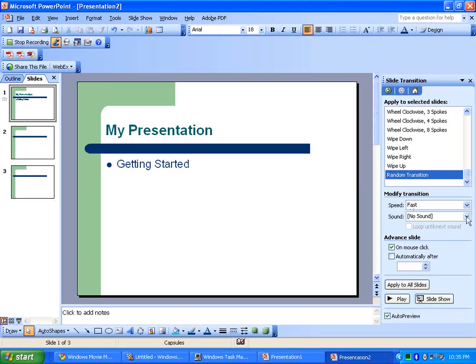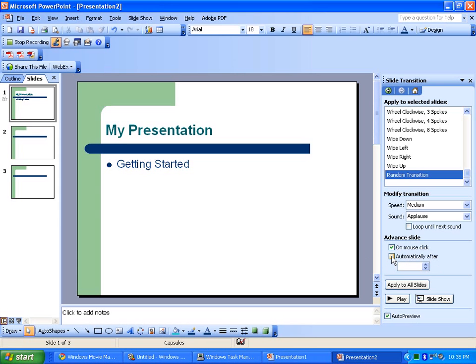If you wanted to add sound, you would be able to do so. For instance, giving applause, and you can modify how fast or how slow the sound is. But also, again, if you're using sound, you want to make sure that it's appropriate to the audience that you're creating this particular slide for. And you can choose whether you want the mouse to be the determiner of how you move from one slide to the next,